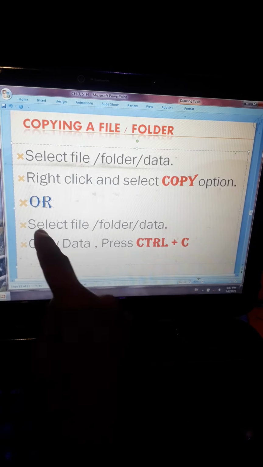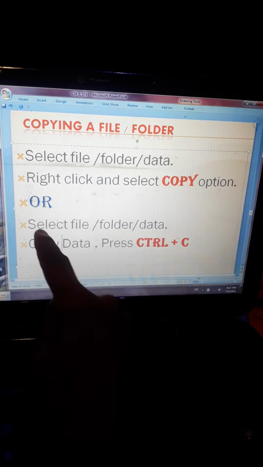So first of all, we have to open or select any file. Suppose I want to copy or cut this document. First of all, we have to right click. You can see after this a pop-up menu appears, and from here we have to select the copy or cut option. If you want to cut, select the cut option. If you want to copy, select the copy option. So I want to copy, so I am going to click on the copy option. You can see our selected file is copied.